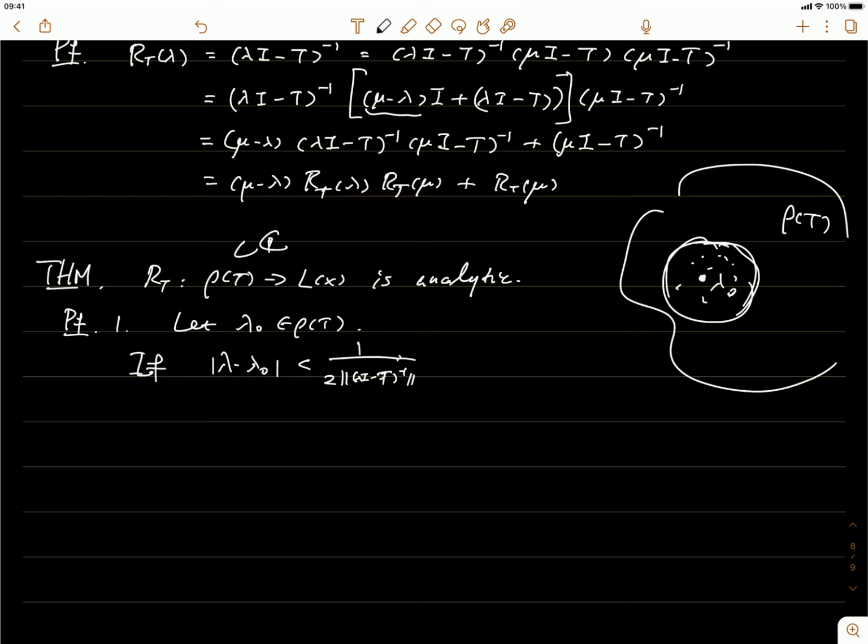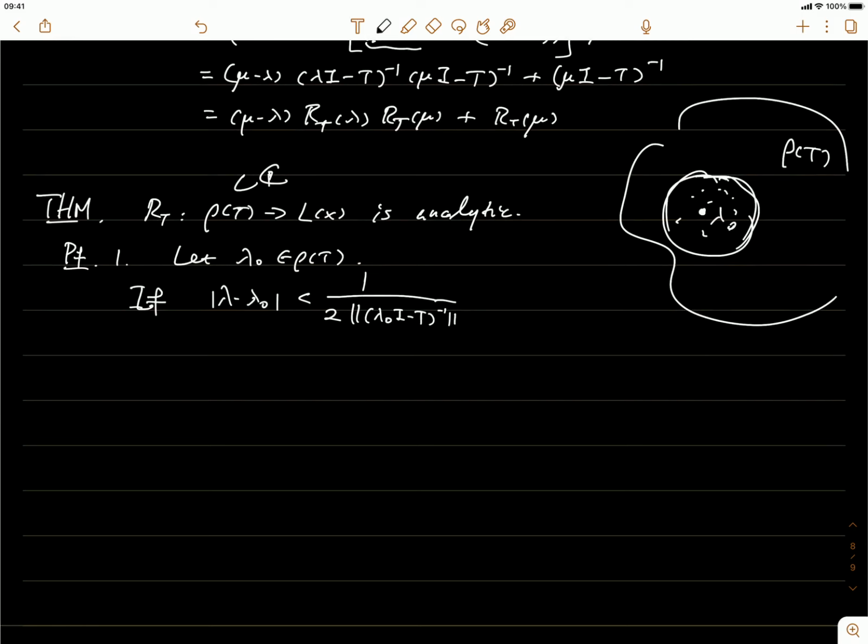But let me make it even smaller. If this is the case, we can see that this lambda is also in the resolvent set because it's somewhere in here. And the norm of that is equal to,